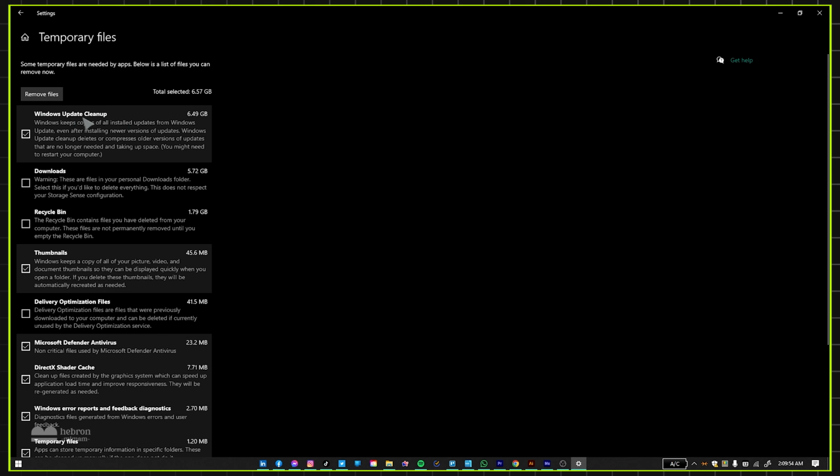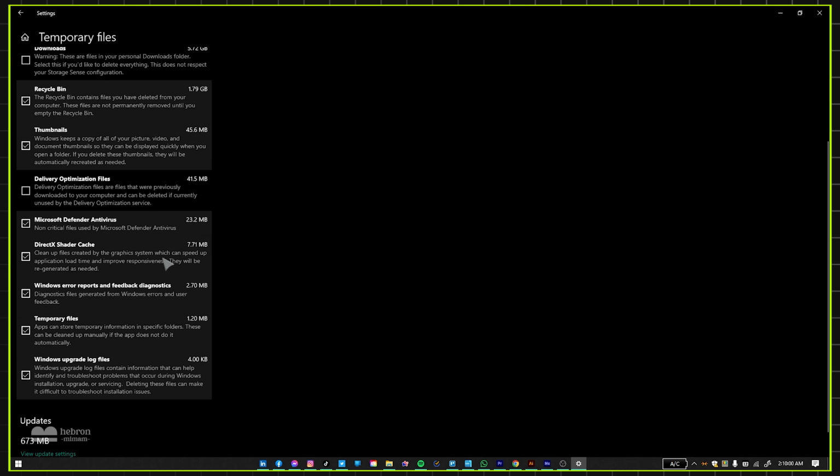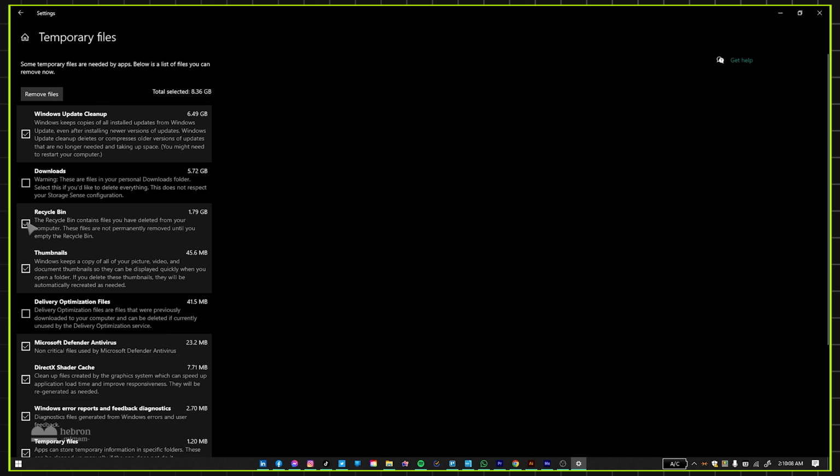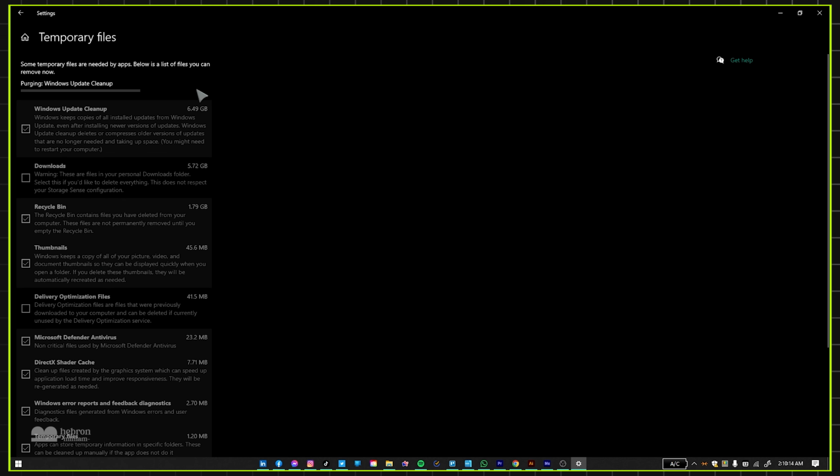So Windows Update Cleanup, yes. Downloads, no. Recycle bin, yes. Thumbnails, yes. Delete optimization files, I'll leave everything as is. The only thing I just added was the recycle bin and then remove file. So it will remove 8 gig of files. So what you want to do is check your storage space before you start and check when you are done